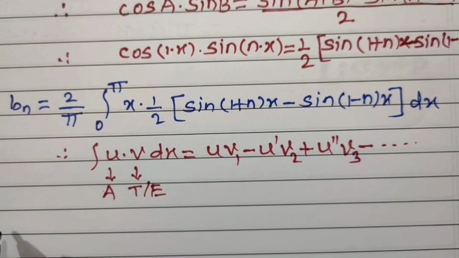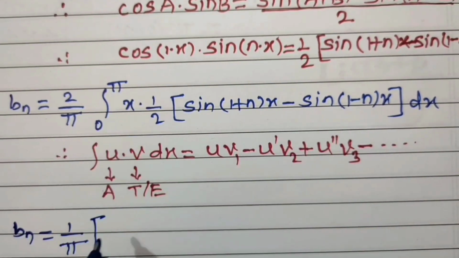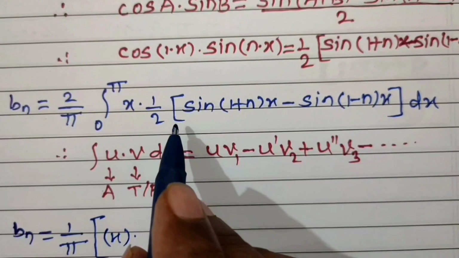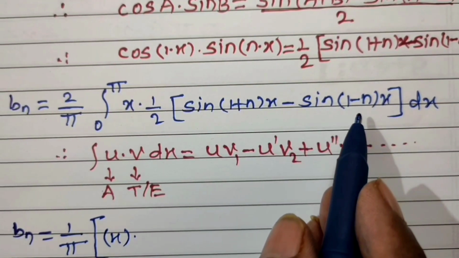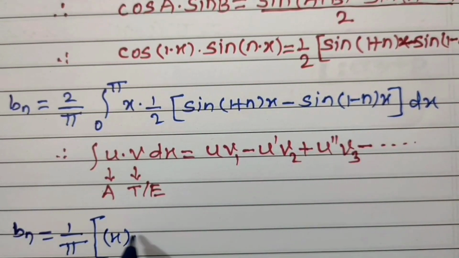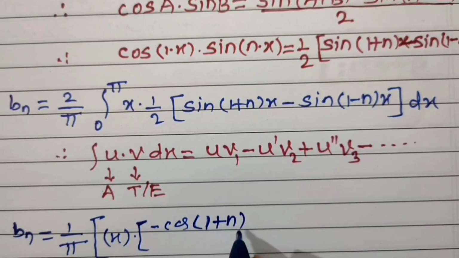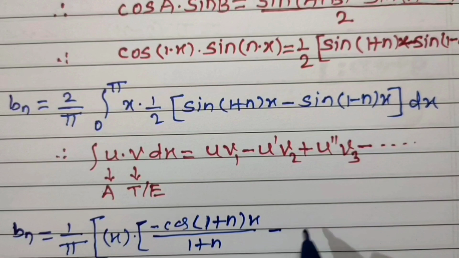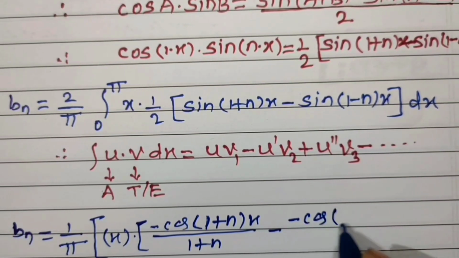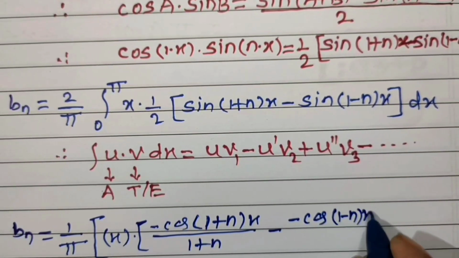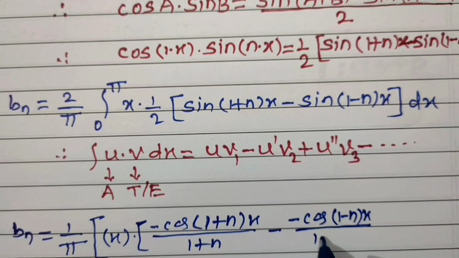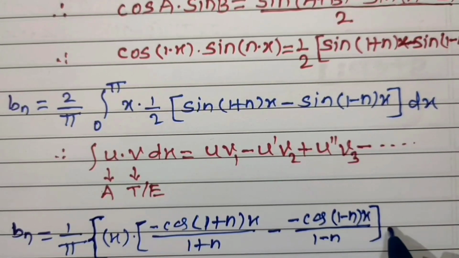So Bn is equal to 1 upon pi, integration of this first function as it is into integral of this bracket with respect to x, that will be minus of cos of (1 plus n) times x divided by 1 plus n minus cos of (1 minus n) times x divided by 1 minus n, minus